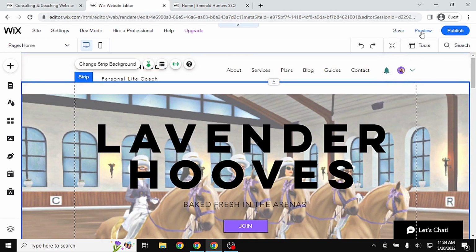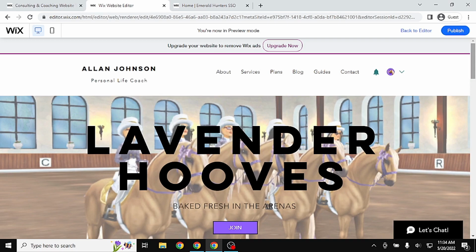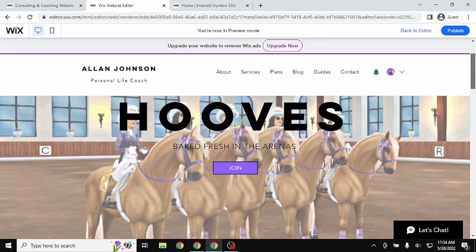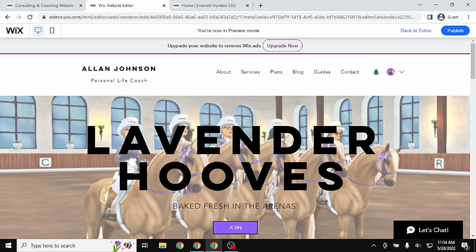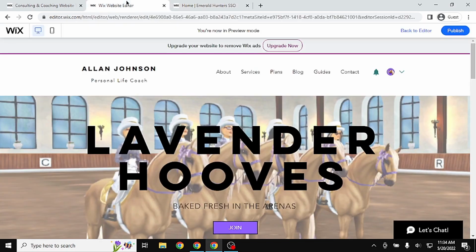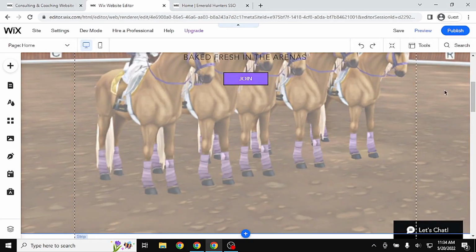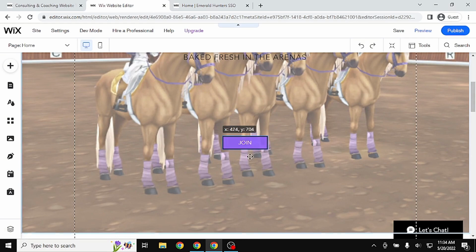Now, if we preview it again, one thing I want to actually change is to make sure the text is a little bit lower down. That way, as you come into this landing page first, the first thing you see is the horses. With this particular picture, it's a little different because the horses are off to the side, but I am going to lower the text. All you really need to do is just click and drag each element,